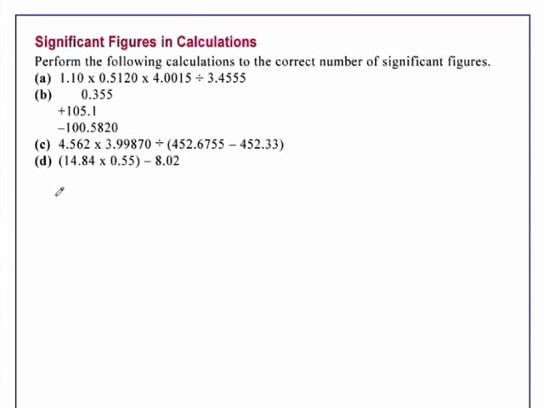Significant figures in calculations. Perform the following calculations to the correct number of significant figures. In Part A, we are performing a calculation that involves multiplication: 1.10 times 0.5120 times 4.0015,